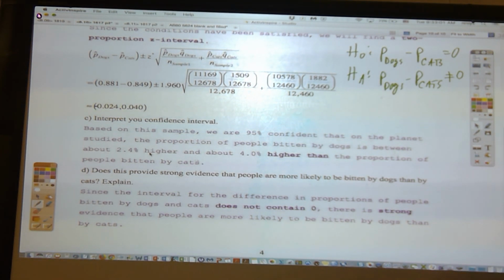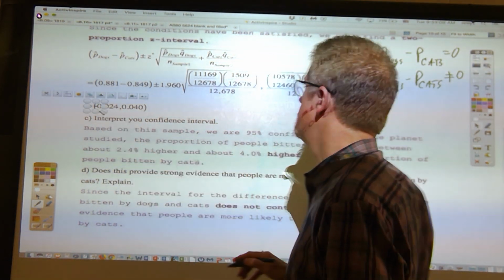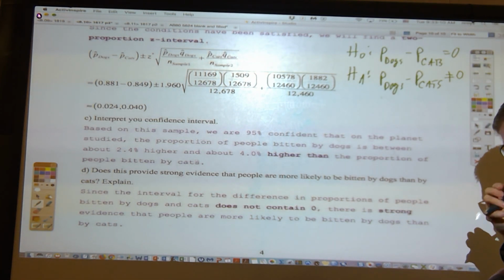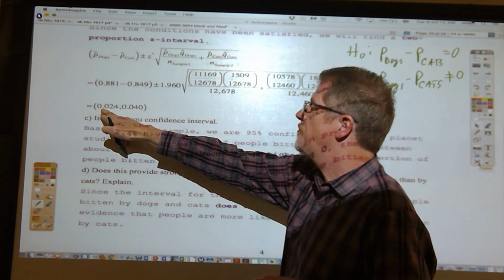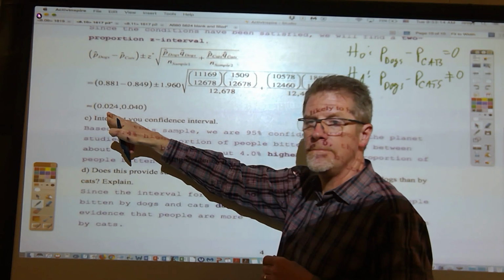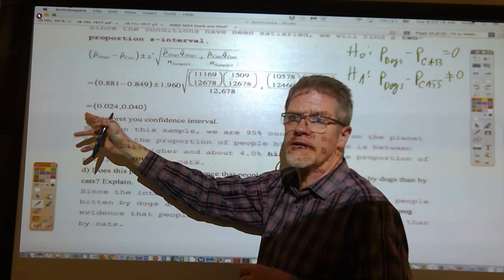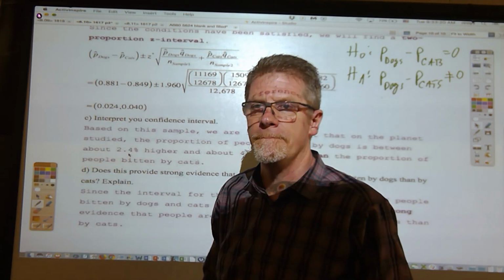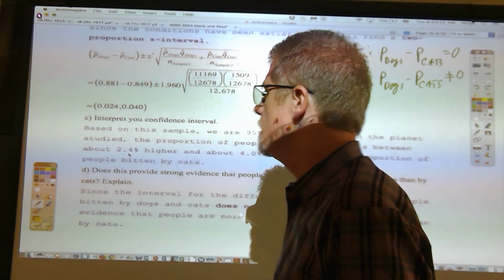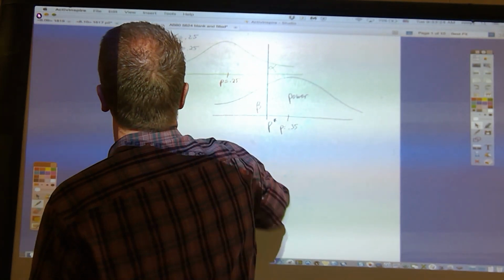Okay? So, yeah, Lewis. Is it possible like 2.4 lower and about 4.0 higher? Yeah, if this number would have been negative, then it's possible. Sometimes you get both negatives, sometimes a negative and a positive, sometimes both positive. Okay. Thank you. Okay? All right, so on the other handout, 8.11,